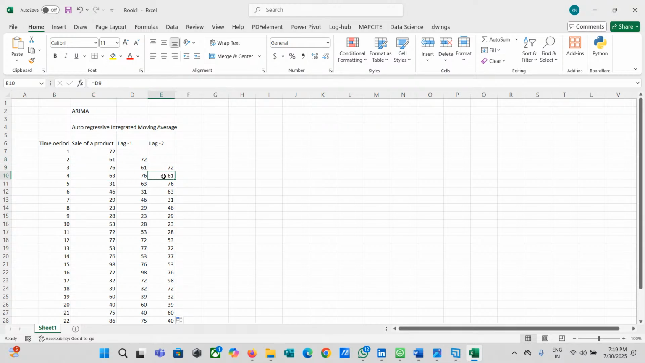So the impact of 61 over 63. This particular data structure we're creating in such a way that the impacting periods are falling parallel to each other. So 76 to 72, 72 to 76, right? Then 61 to 63, 61 to 63. So like this, we are trying to create the independent variable